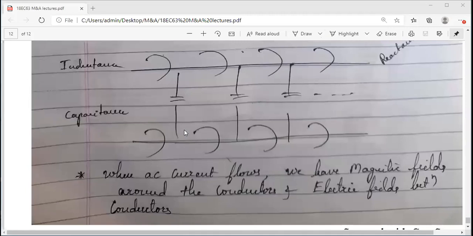Now comes the transmission line equation solution. Okay. Do we have time